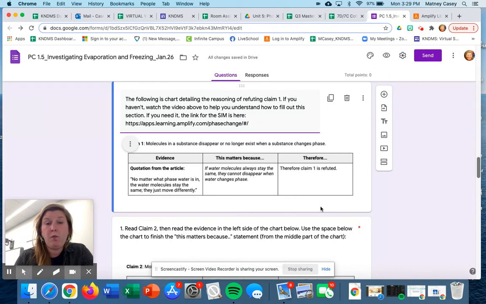I'll give claim 1 as an example. Claim 1 is molecules in a substance disappear or no longer exist when a substance changes phase. The evidence that we use from the article is already put out there for you. It says no matter what phase water is in, the water molecules stay the same, they just move differently. You can explain why this matters if you have it already off the top of your head. If not, I highly recommend that you